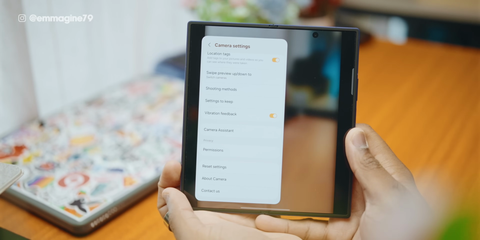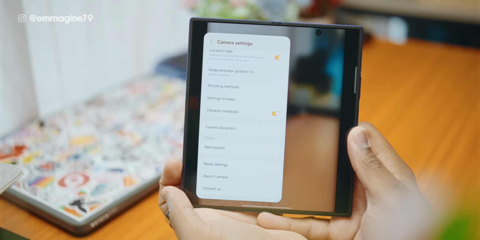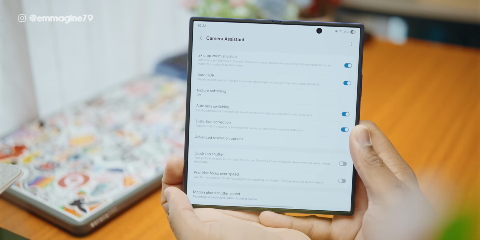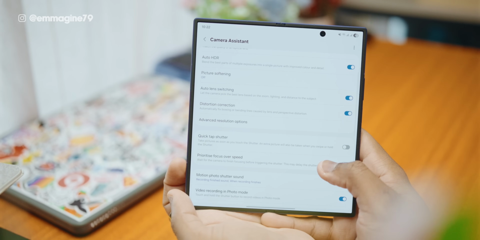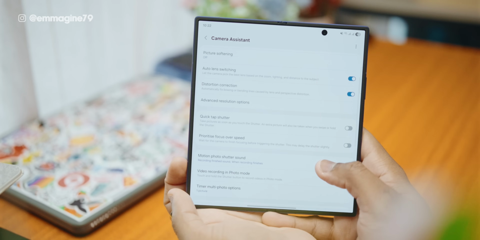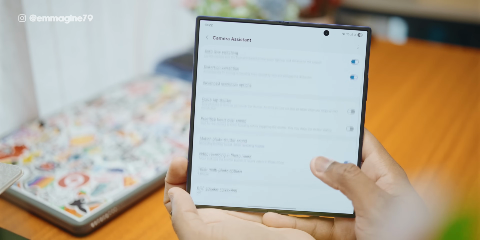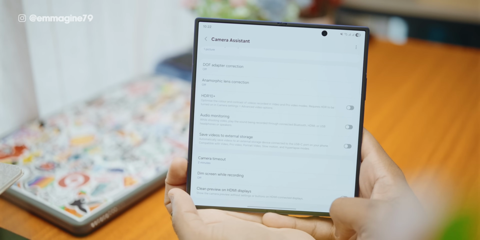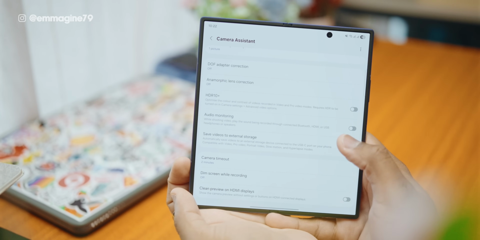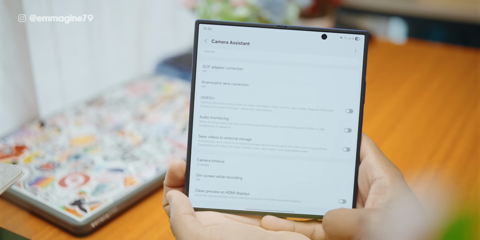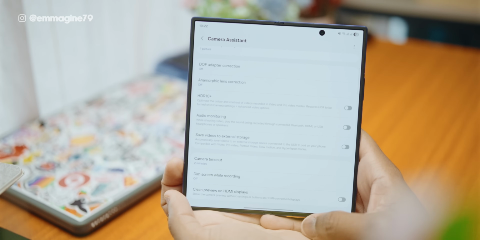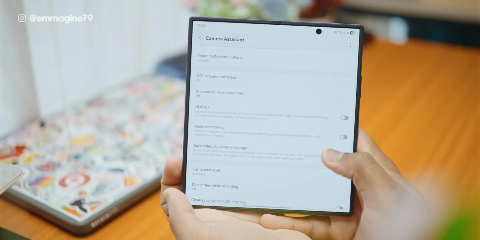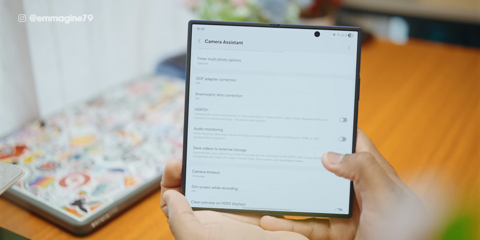And I have camera assistant here, which we'll come to later in the video, but at this stage, camera assistant enables you to have different options here. Now you get this by installing it from the Galaxy store. And here I would say many of the options are pretty advanced, especially audio monitoring if you're going to be using this professionally, or even clean preview on HDMI display, or even saving to external storage in case you want to save your videos to external storage, which